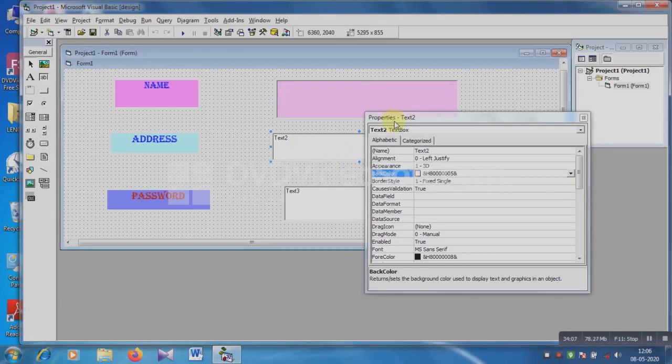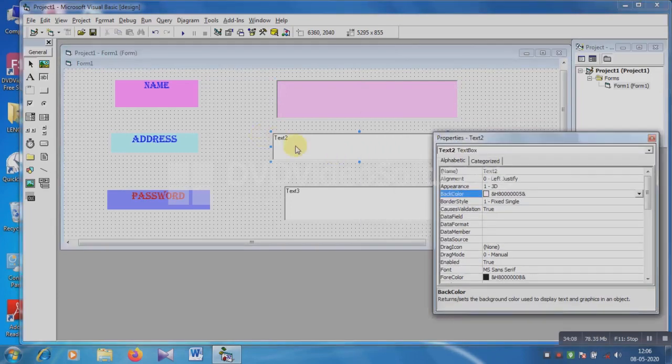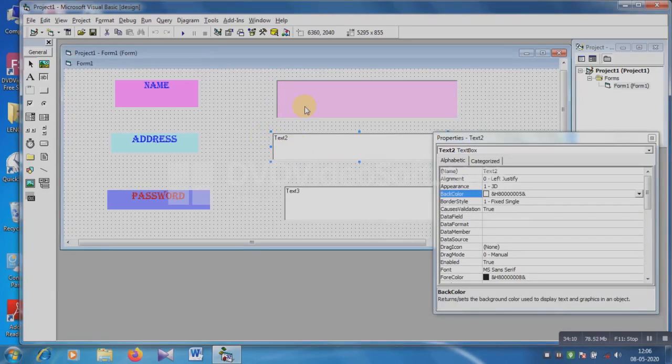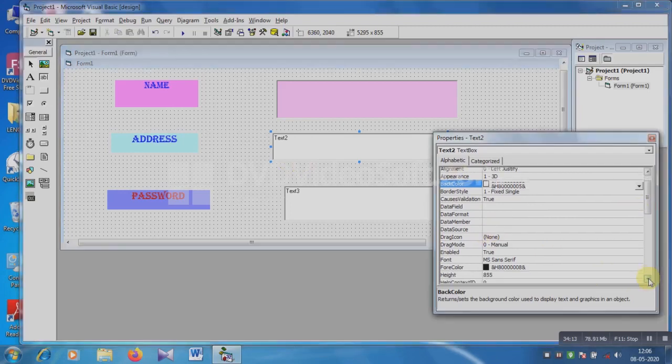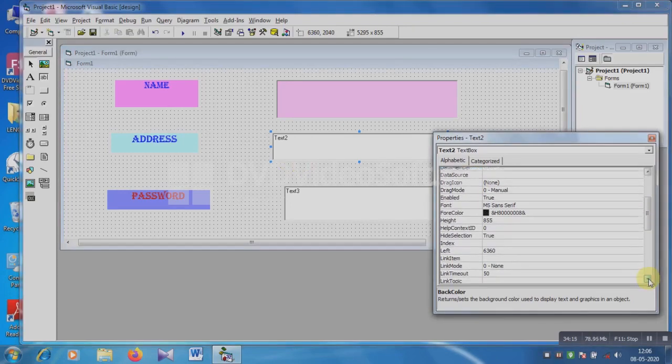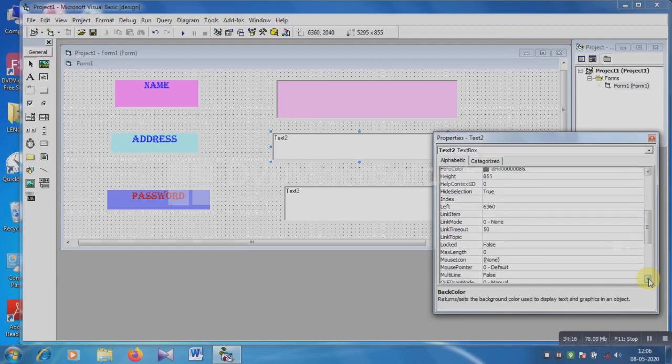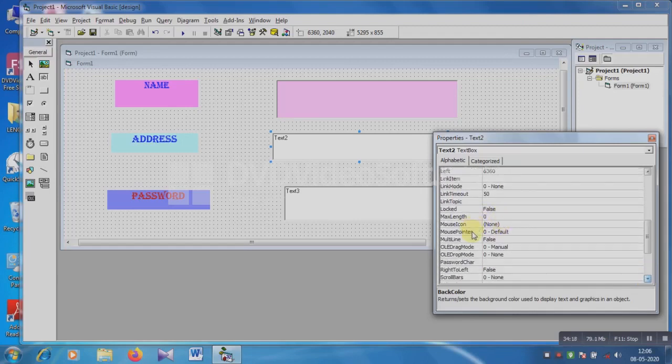Then Text2, I am choosing Text2. See, that's Text2. This is for address, so multiple lines we can insert. This is the multiple line option, and we choose True.